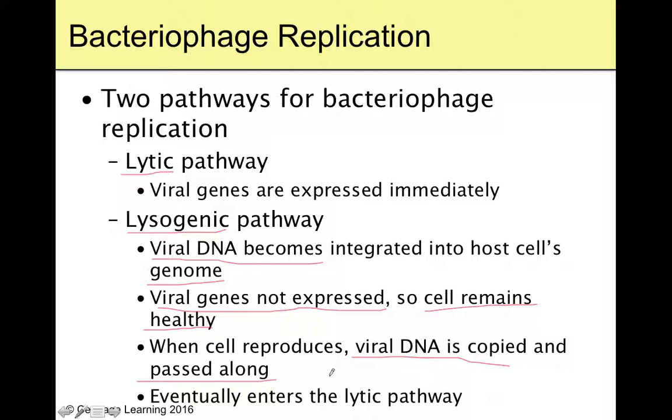And then someday, when you are very stressed, or you're sick with something else, or it decides this is a great time to attack you because your immune system's not on the up and up, then it can go ahead and enter the lytic pathway, make a whole bunch of viruses, and really mess your world up, which is pretty cool because I had chicken pox as a kid, which means that right now, in my body, I am passing on millions of copies of the shingles virus, which was the chickenpox virus. And it's just chilling in the lysogenic pathway, not doing a darn thing to me right now.